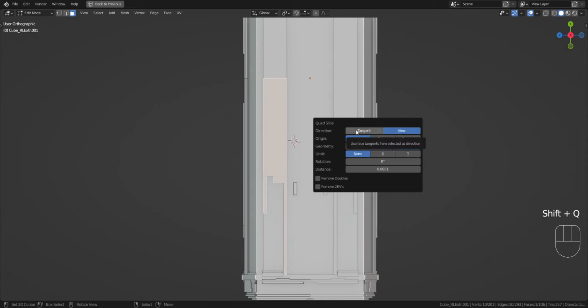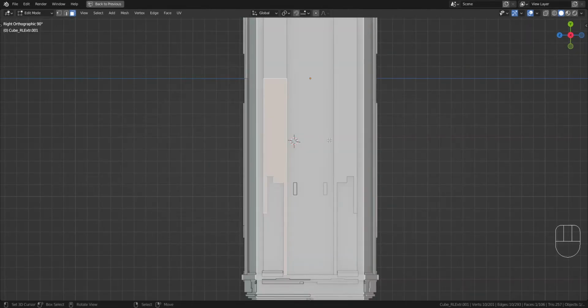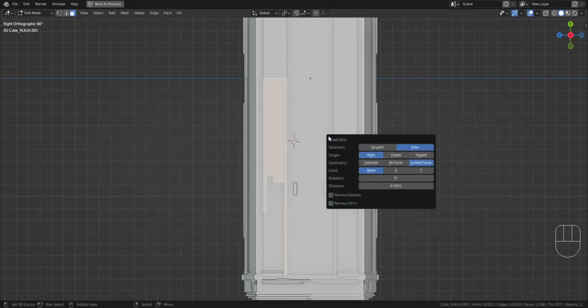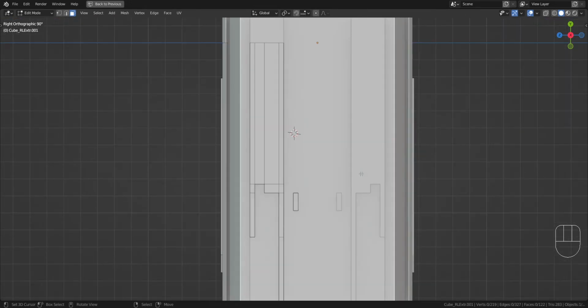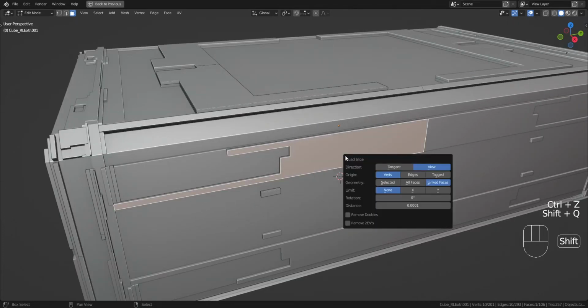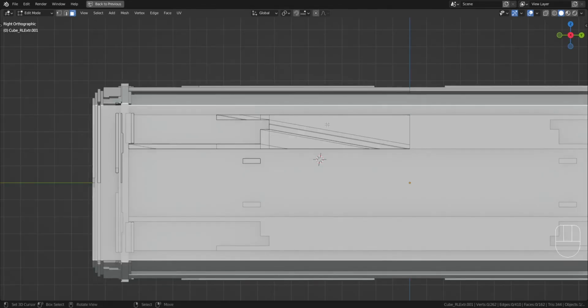If tangent doesn't give me the necessary directions at all, and I have to use the view, then I use Shift 7 or manually navigate the viewport to face the polygon directly in order to use the view direction and get the necessary cuts. But the only disadvantage of using the view direction is, so for example, if I cut it this way, or if I cut it correctly this way,